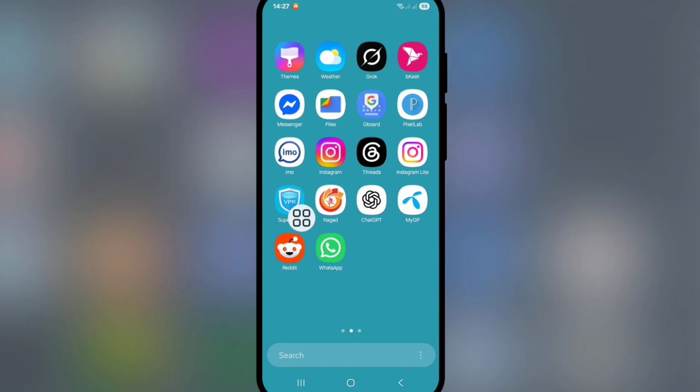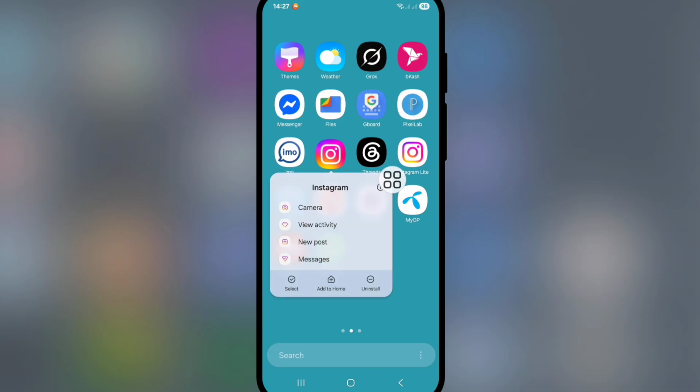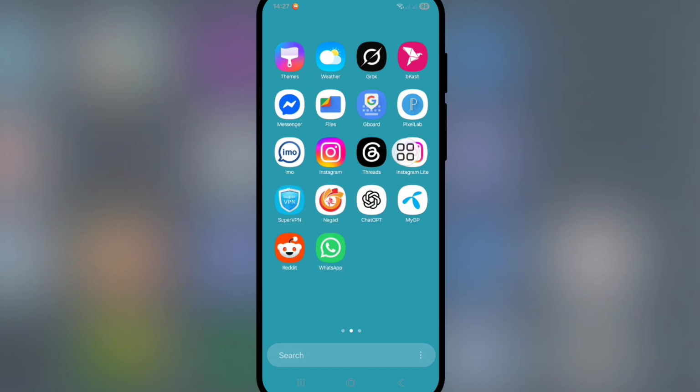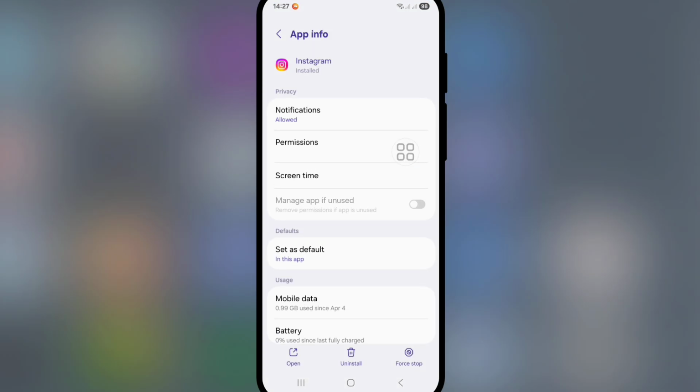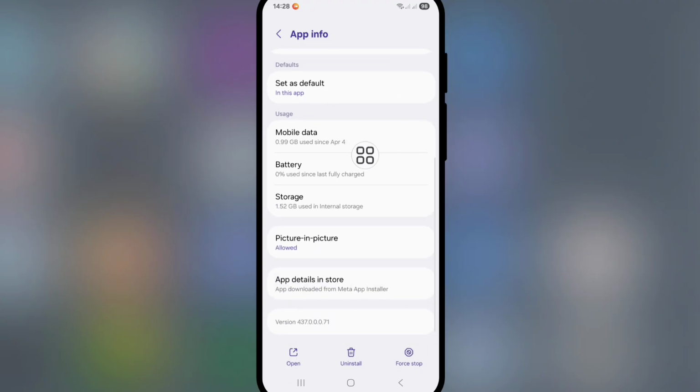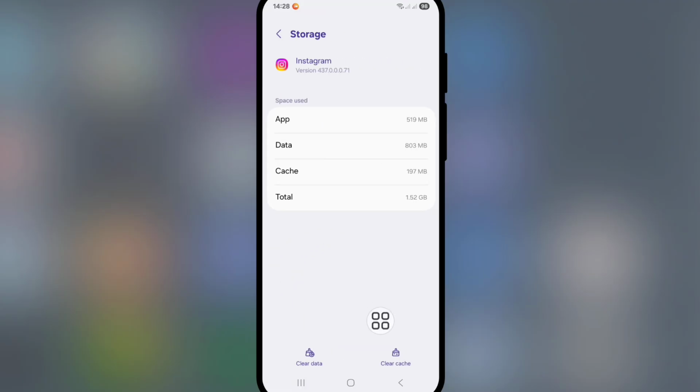Long tap on the Instagram app. Now open Instagram app info, click on the I button or app info. Now go to the storage option, click on clear cache,